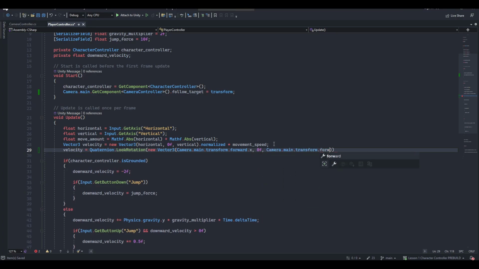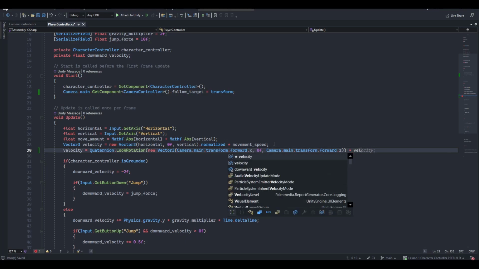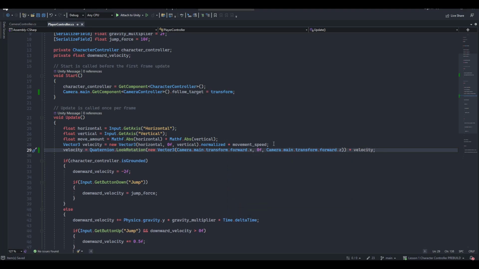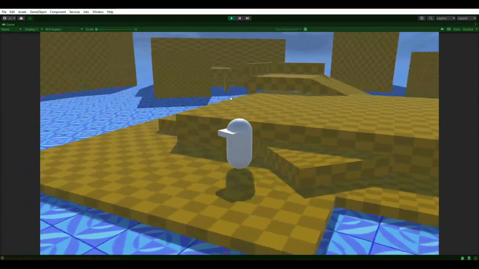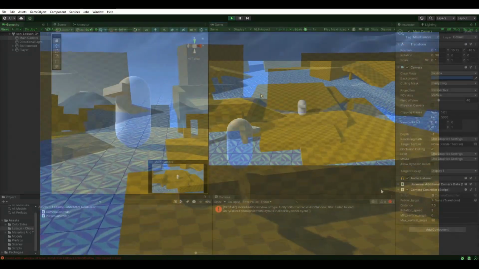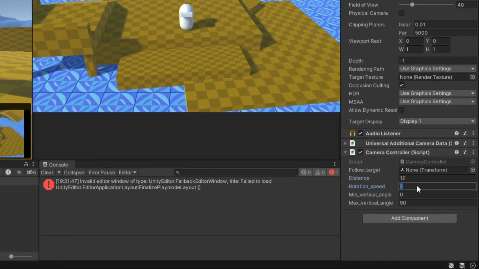This will convert it from a quaternion back into a usable vector 3. Save the script and pop back into Unity. We now have a third-person camera that follows our player. You can adjust the min and max angles, alter the rotation speed, and play with the distance until you've found